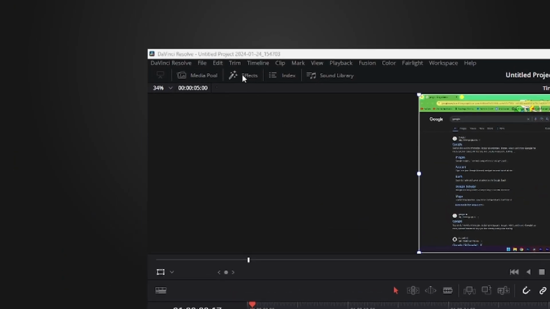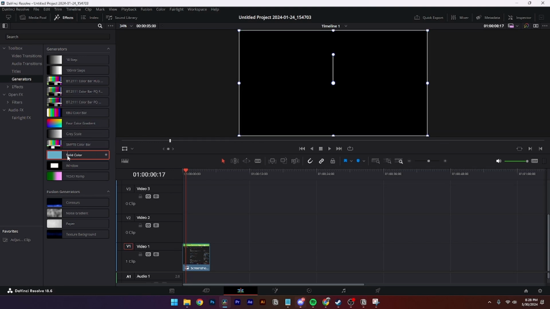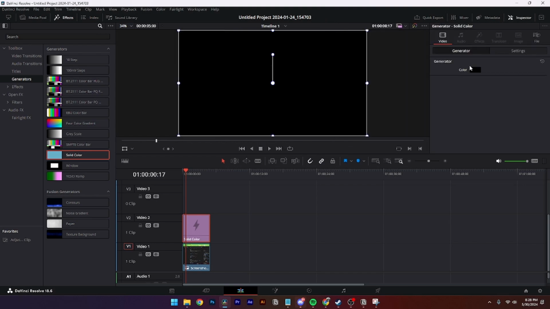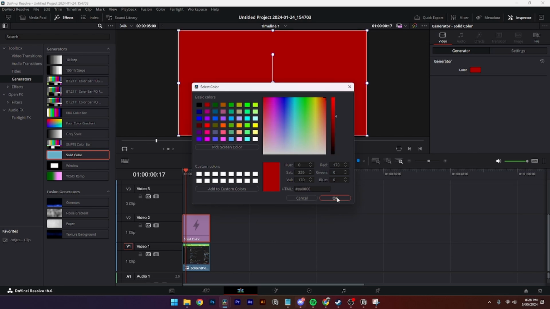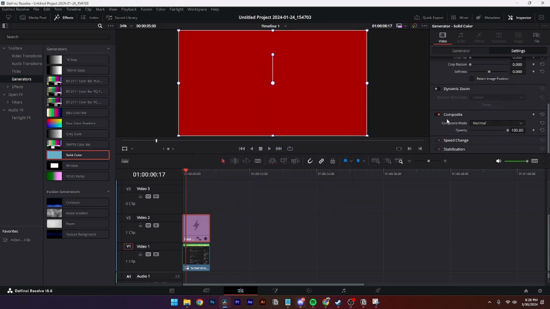Then from here, you need to go up to the effects tab. You need to go to generators and select the solid color and drag this right on top of your clip that you want to add the effect on. Then select the solid color, go up to inspector, go to generator and change the color. Then just click OK, go to settings, and scroll down until you see composite